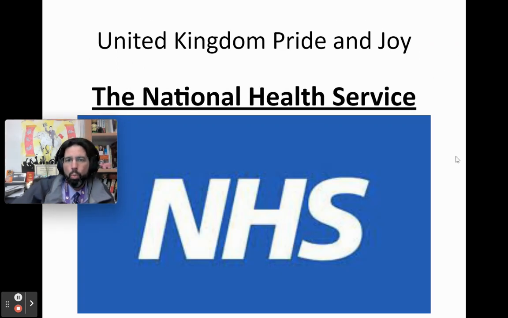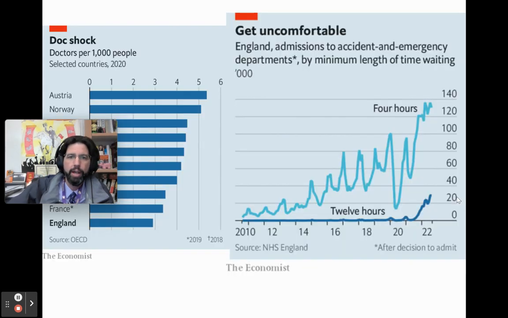And of course, the number one social safety net in the UK is the National Health Service. People call it free healthcare, but it's not free. Obviously, the government is paying for it, but it is the pride and joy of the United Kingdom that you have the ability to get healthcare from the government. You do have private healthcare available, but you would have to pay for it through insurance as well.